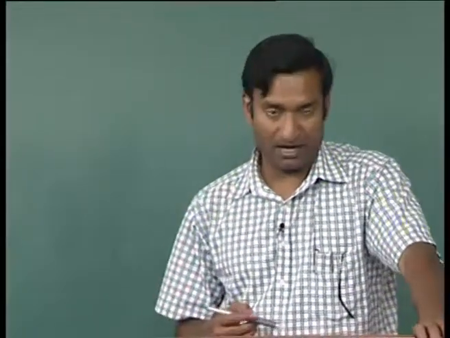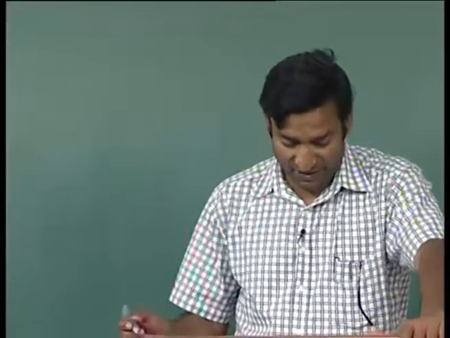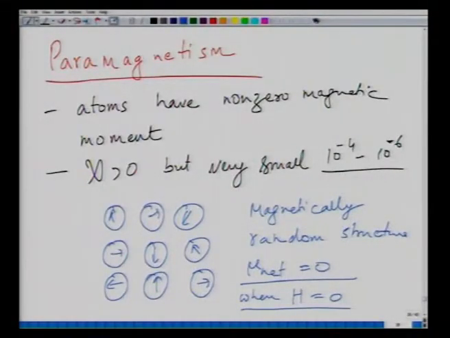So that is why, in the absence of any magnetic field, these paramagnetic materials do not show any magnetization despite having atoms which are magnetically polar. This random distribution is essentially because of thermal energy dominating. Thermal energy prevents these magnetic moments from aligning with respect to each other. So large thermal effects dominate.